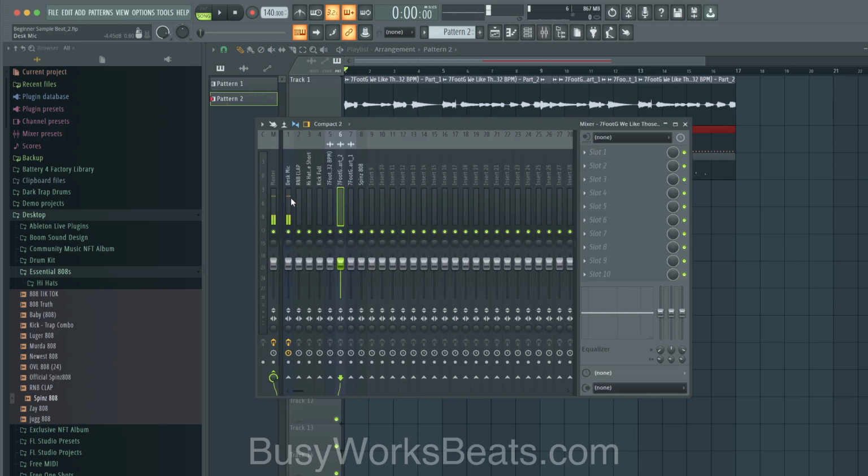Go to your mixer now, and I recommend hitting Control, left click and highlight all these sounds and just pull everything down. Because the biggest mistake you guys make is having your sounds way too loud. Now from here, then you can start turning stuff up. So the clap needs to be loud. Kick needs to be loud. Guitar needs to be pretty loud.